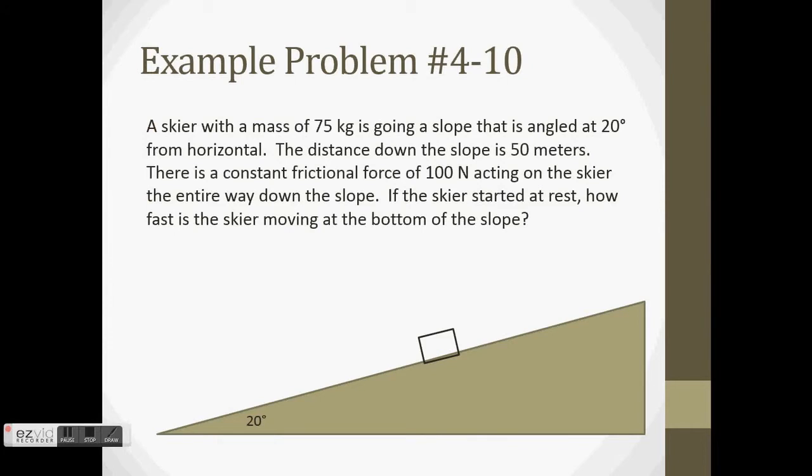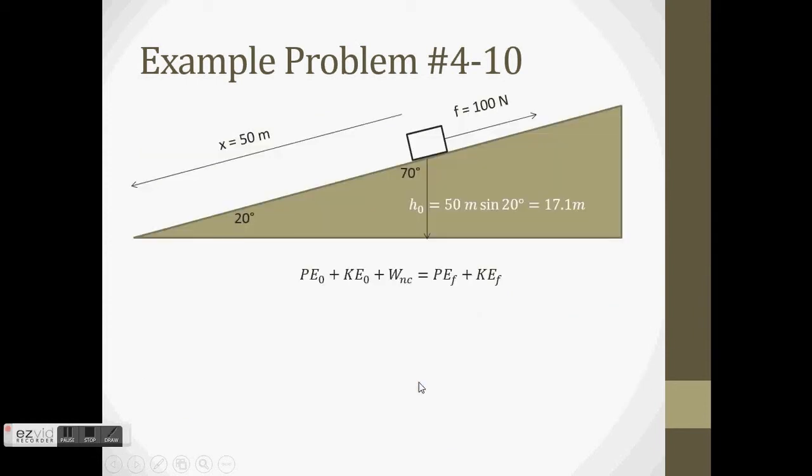So let's go back to our skier problem. Remember, the skier problem with friction is a middle-difficulty problem. Remember, I had weight, normal force, and frictional force, going to travel 50 meters down the slope. The one thing that I don't need to worry about is the 70-degree angle when we look at work done by non-conservative forces. The distance I'm interested in is the initial height. How high am I up off the horizontal, which is 50 meters times sine of theta, this side of this right triangle here.